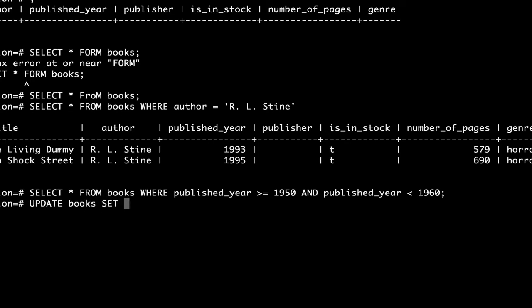Now this is where it's different from insert. It's not those parallel lists. It's just saying, hey, go to my books table, update, set is in stock equal to false. Now if I run this, don't run this yet. If you run this command, it's going to update every single row. So we can use the where clause that we learned about in the select to say, only update is in stock to false where author equals